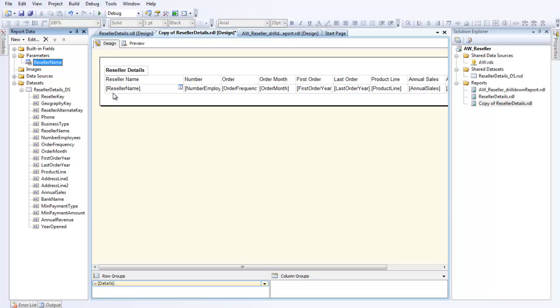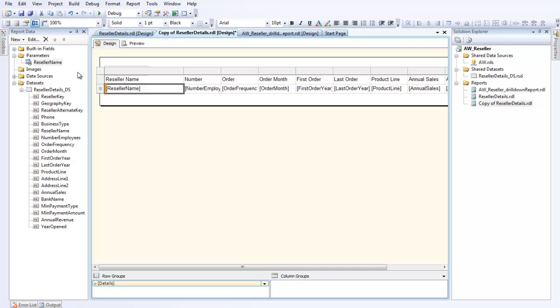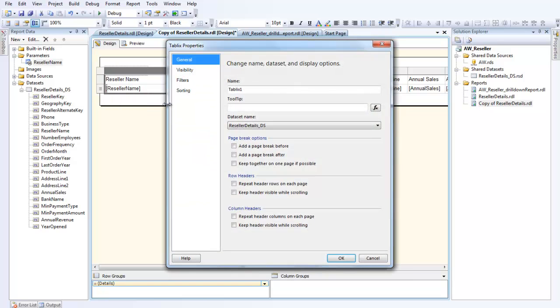Another thing that we need to do is, because we didn't have any conditions here, we need to somehow filter this table for this reseller. So what I'll do is click on that table, right click, or I can click anywhere on these gray tops, or on the left side or in the corner, and then you'll get this Tablix properties. So I just click on that,